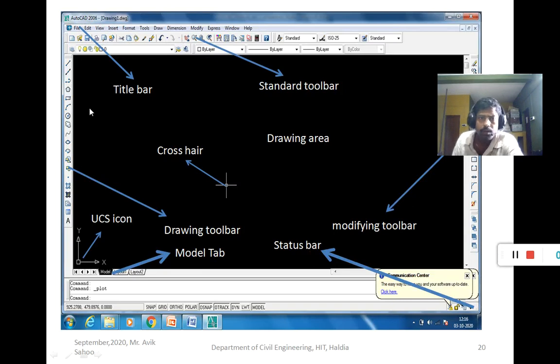Extra features you will get in the upper version, but I am using AutoCAD 2006. This version is very popular among engineers, and AutoCAD is very user friendly software, so that's why it is very popular, and we draw the figures using these drafting tools.